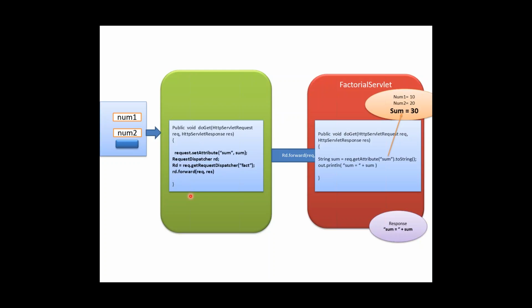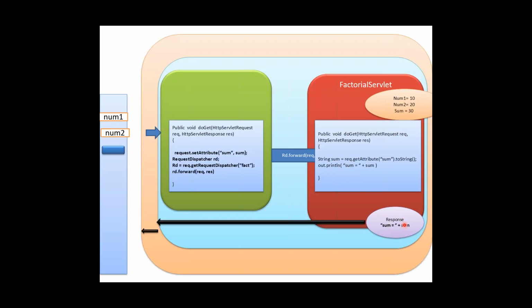When you're printing it, if you see over here, when you call out.println, it writes the response to the response object, and then it sends the response. The container will send the response back to the client. Clear with this? After the response is